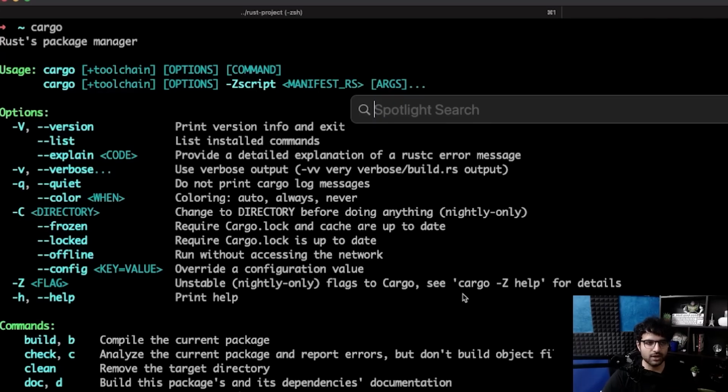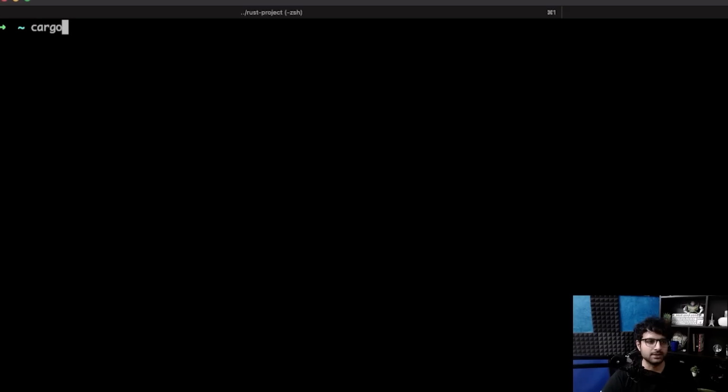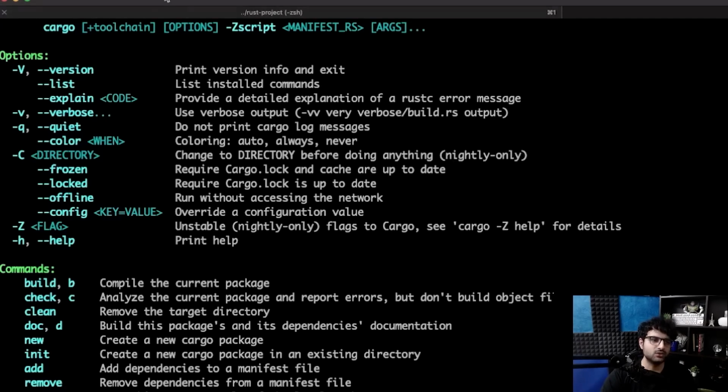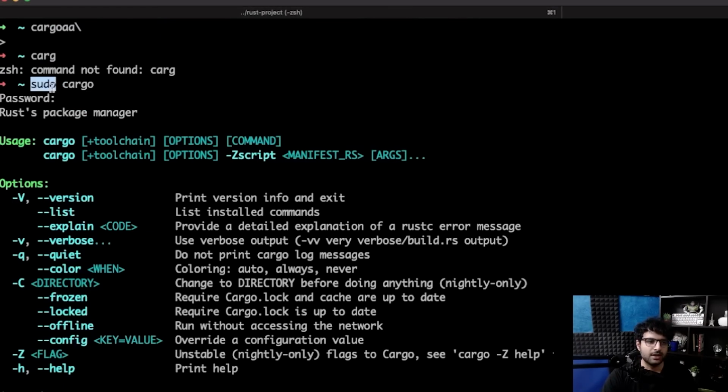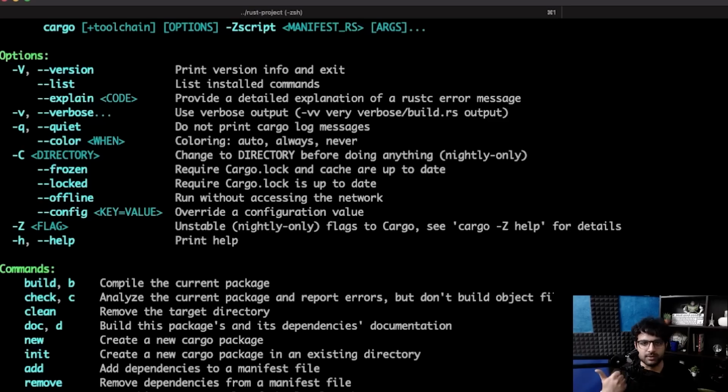If it spits out an output that looks something like this, that the command is not found, it means you've messed up the installation and you have to go through the steps again. A lot of times you might have installed it in the wrong place or incorrectly. So feel free to try sudo cargo. But generally, aim for cargo. If cargo as a command runs for you, it means you're good to go. If not, then you have to